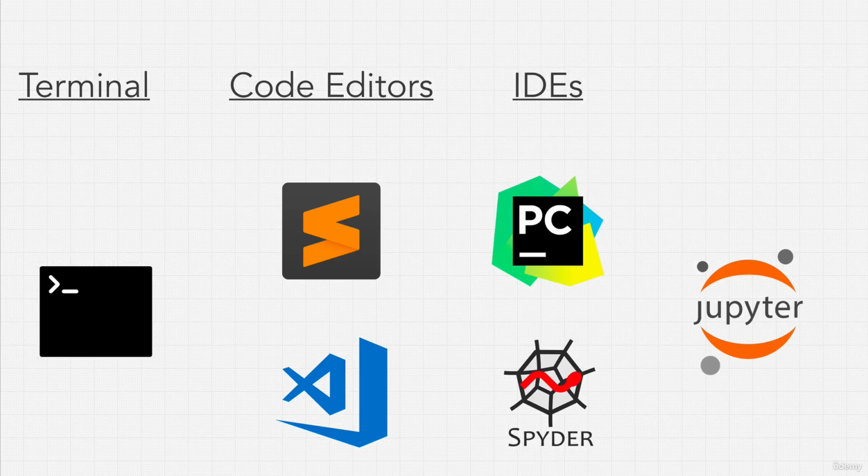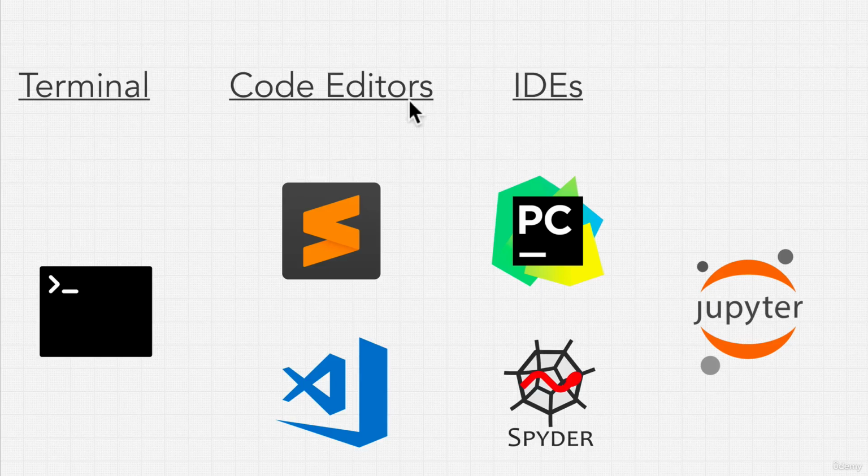Now, nothing's preventing me from writing Python code in, let's say, a Word document, a Google Docs, or a text file. But the problem with that is that, well, it just looks like text. And when you make a spelling error, when you write improper syntax where it's not Python code, if I just write it in a Word document, it's not going to tell me any information. A professional developer needs some extra tools that code editors and IDEs provide that help us be more efficient with our code. And we're going to be exploring that over the next couple of videos.